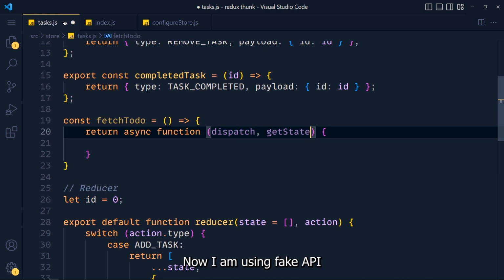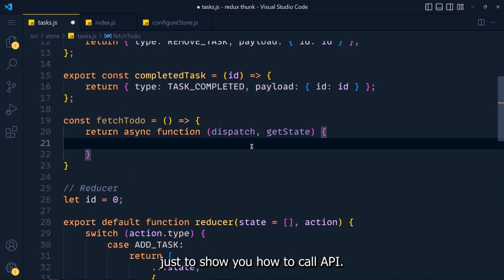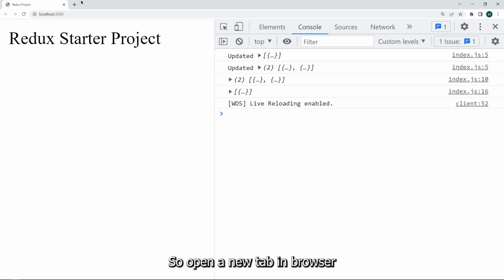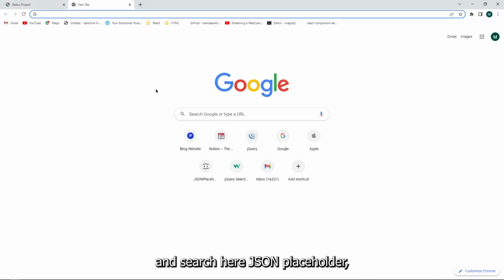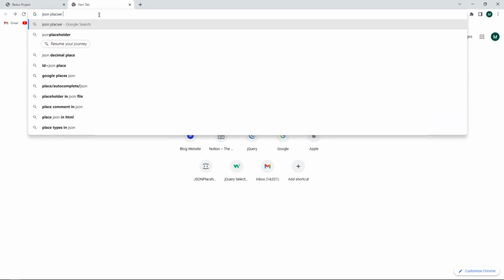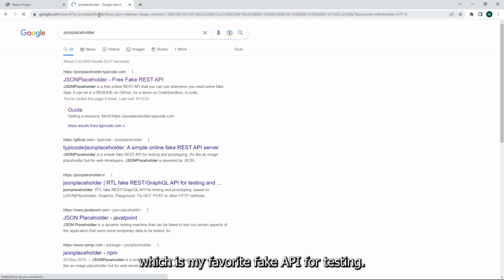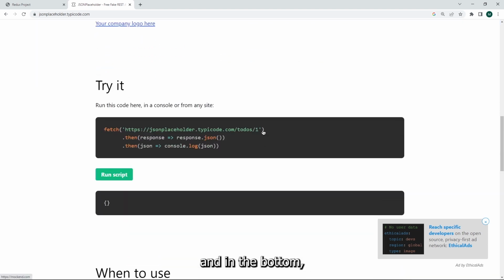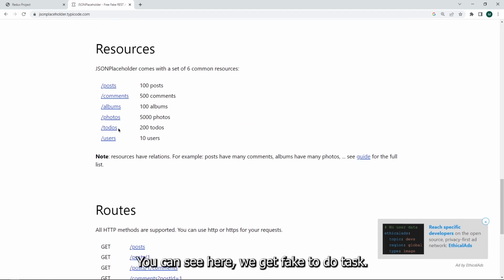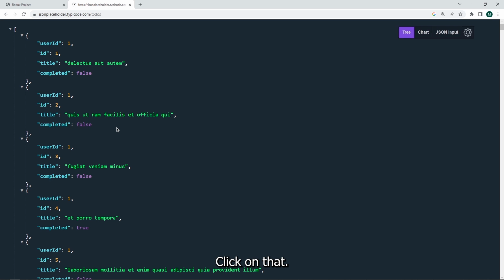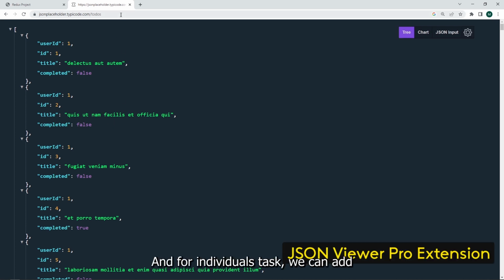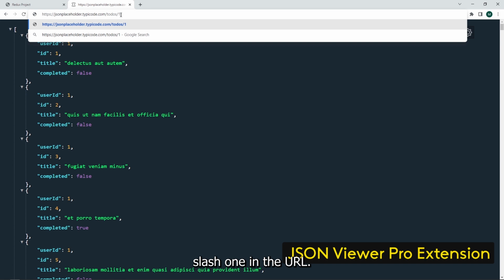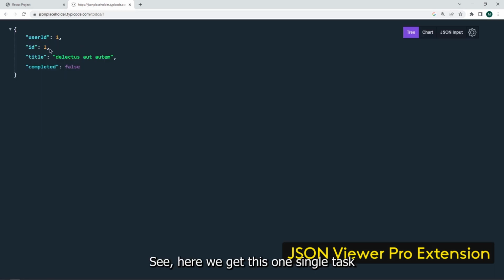Now I am using a fake API just to show you how to call an API. So open a new tab in the browser and search here JSONPlaceholder, which is my favorite fake API for testing. Open this link, and at the bottom, you can see we get fake todo tasks. Click on that, and for an individual task, we can add /1 in the URL. See, here we get this one single task, and I want to add this title as a task in our